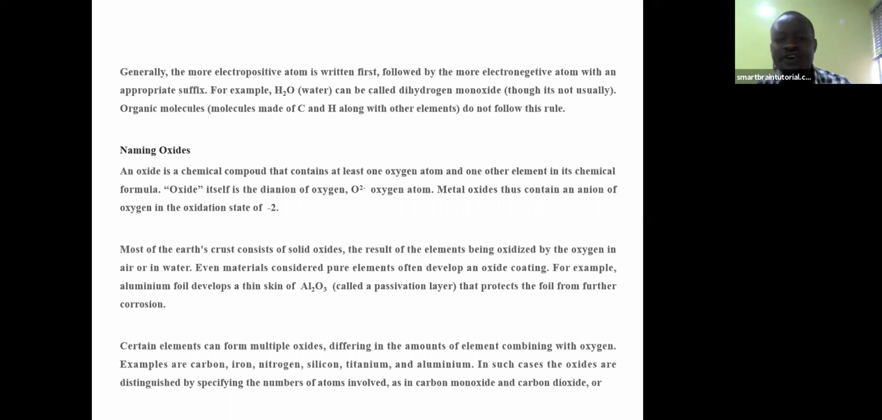That protects the foil from further corrosion. So the formation of that oxide layer protects the aluminum from any further corrosion. And that is why building structures that are roofed with aluminum roofing sheet can last for many years, and yet there won't be any problem. Aluminum was able to solve the problem of corrosion